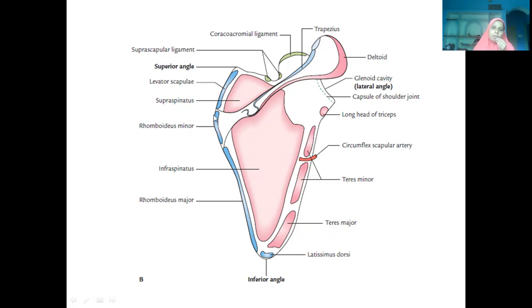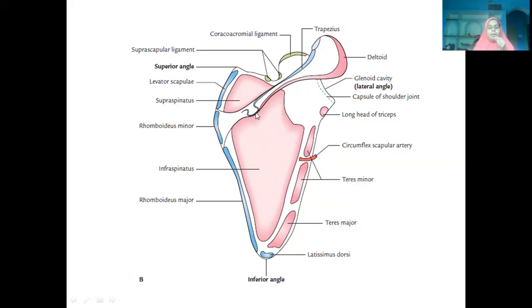Now, above the root of the spine, this area above the root of the spine, we are seeing the insertion of levator scapulae. At the root of the spine, we are finding the insertion of rhomboid minor. All insertions only: levator scapulae insertion, rhomboid minor insertion, and rhomboid major insertion is below the root of the spine to the inferior angle. On the lateral border or medial border, both sides you are finding minors above and majors below. It's one of the clues to remember easily, a hint.